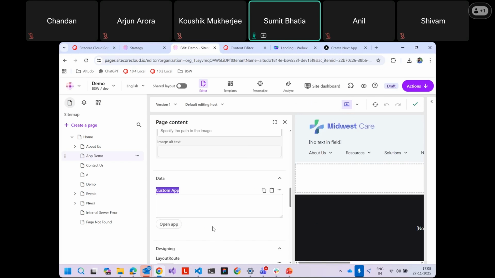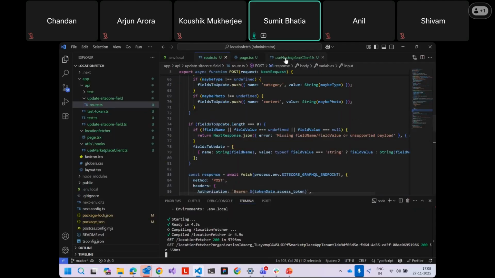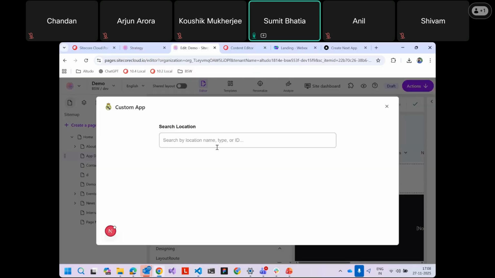Now let's see how it functions. Let me click on the open app button. You can see the same interface as this one. Let me try to search something. Let me check what mock data I have. I have this urgent care, so let me try. You can see that autocomplete is working. And if I select one value, it will